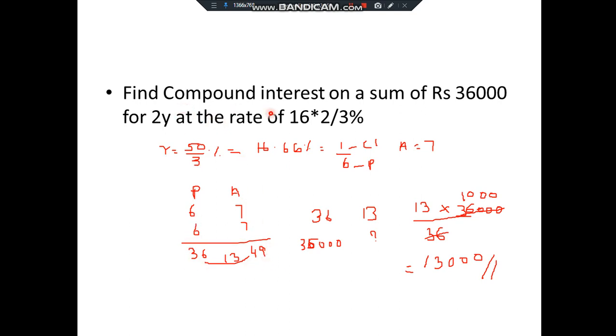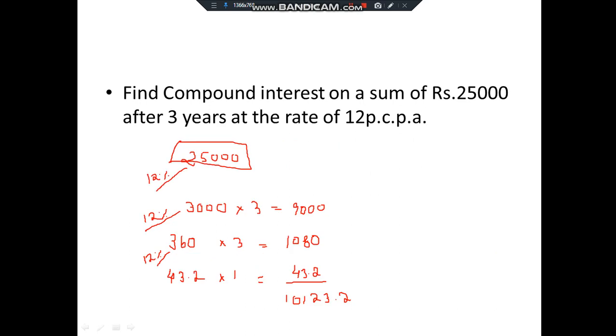But our question is compound interest. If your question is amount, you will just substitute the principal. For 36,000, you will find how much your amount is like that. Since compound interest is our question, with 36 and 49 we got, we will find the compound interest through it. So 49 minus 36, you get the compound interest as 13. So when our principal is 36 rupees, your compound interest is 13 rupees. So our question is, principal is 36,000. So our compound interest is how much? On substituting, you get the value as 13,000. I hope you understood. Guys, try to solve it by yourself.